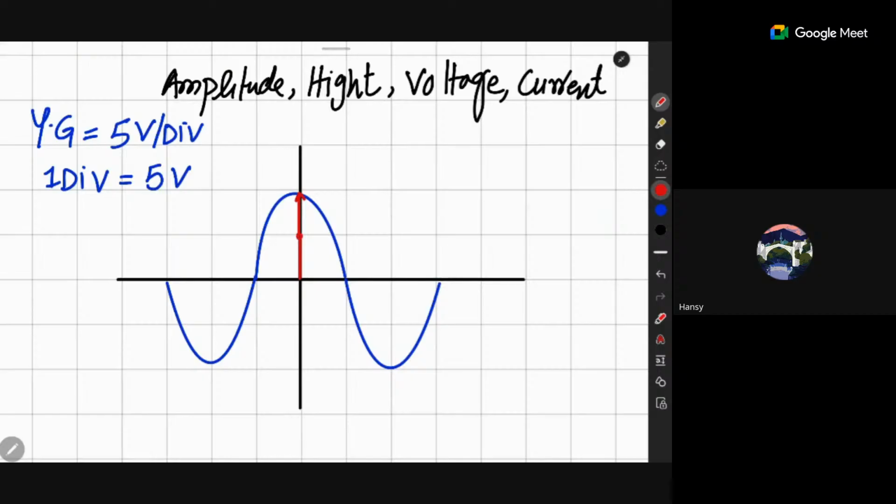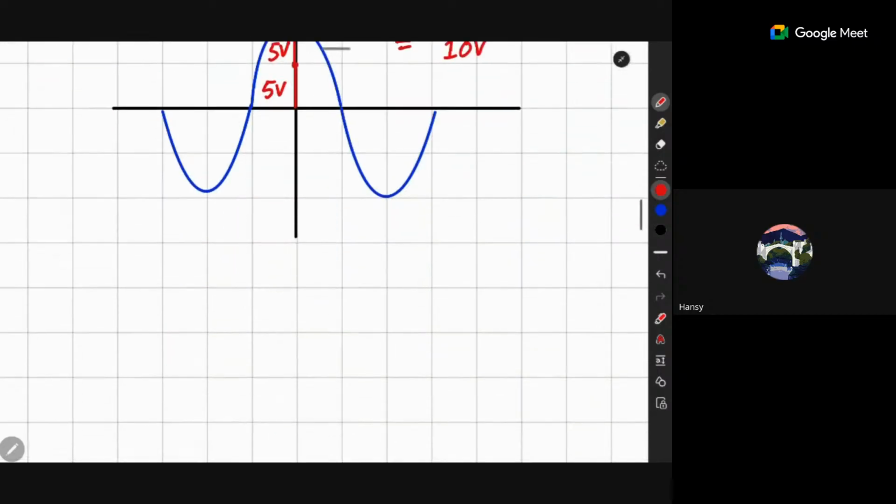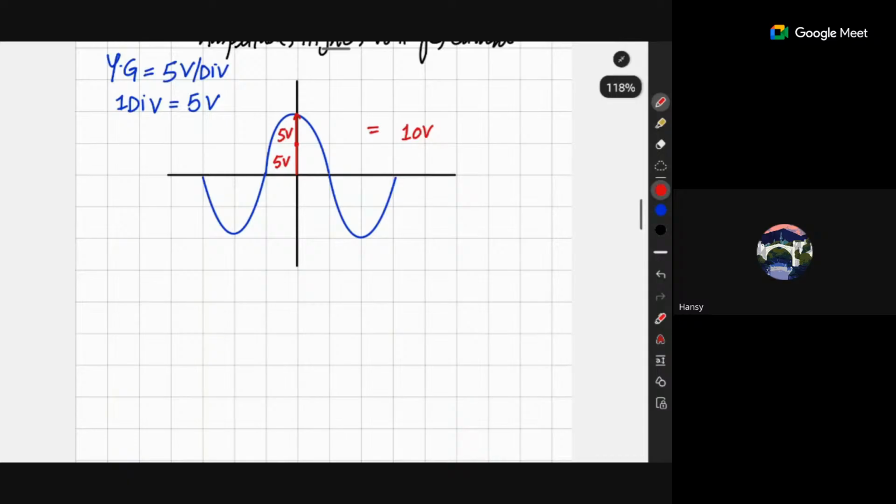It means, very simple, one division is 5 volt. This division is also 5 volt. So total its amplitude will be 10 volt. So the y-axis is simple in calculations. But the same formula will be used if you want to find out the amplitude of the wave, that is y gain setting into